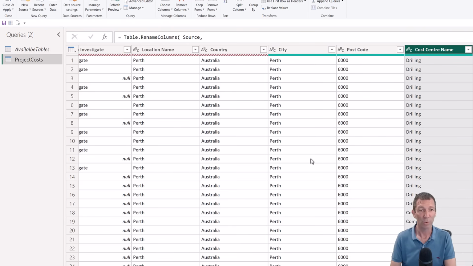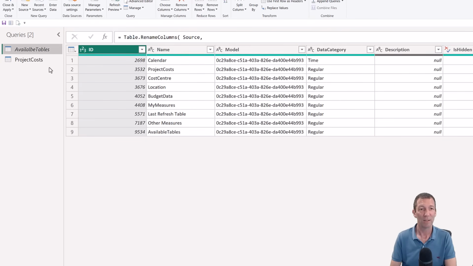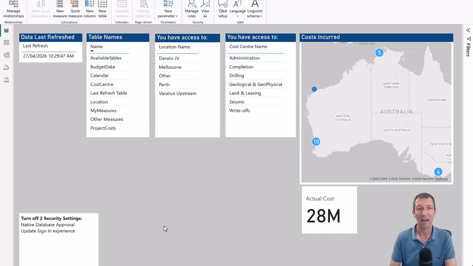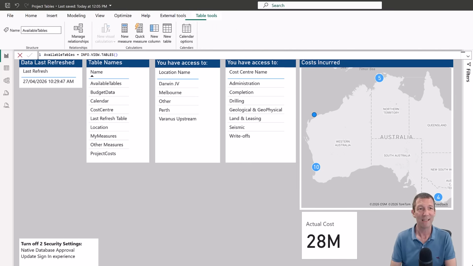It's pretty cool. Okay, and then up here, I've just got this sort of standard little table. Maybe I'll put this in a template to send to people. Available tables. Okay, this is a list of all the tables they've got access to. So all I've done back in the main report, where the master table lives, is go in and create this little query,